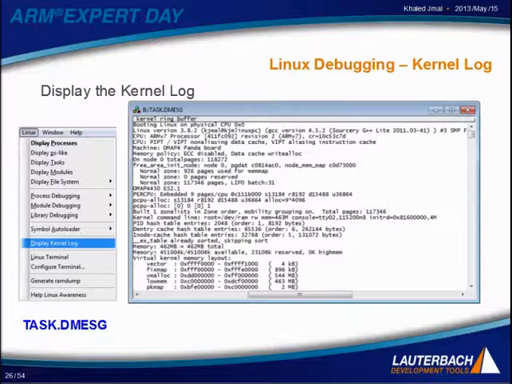What you also have is a window displaying the kernel ring buffer. This is very useful, especially if the kernel crashes before the serial port has been initialized. So at least you can, from this window, have an idea about to which point the kernel has booted, or maybe a message showing the reason of the crash, or if you have a target with no serial port. So this could be very useful to have information about what the kernel is printing. And you can open this window from the Linux menu. And if you are using